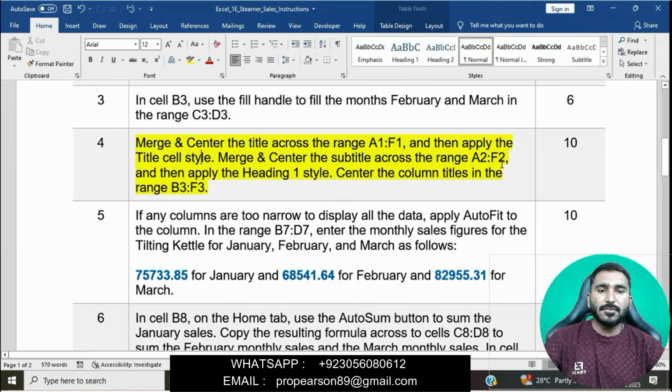Center the column titles in the range B3 to F3. Basically in this question, first we will merge and center the title across the range A1 to F1. I will select this range A1 to F1, then merge and center it.